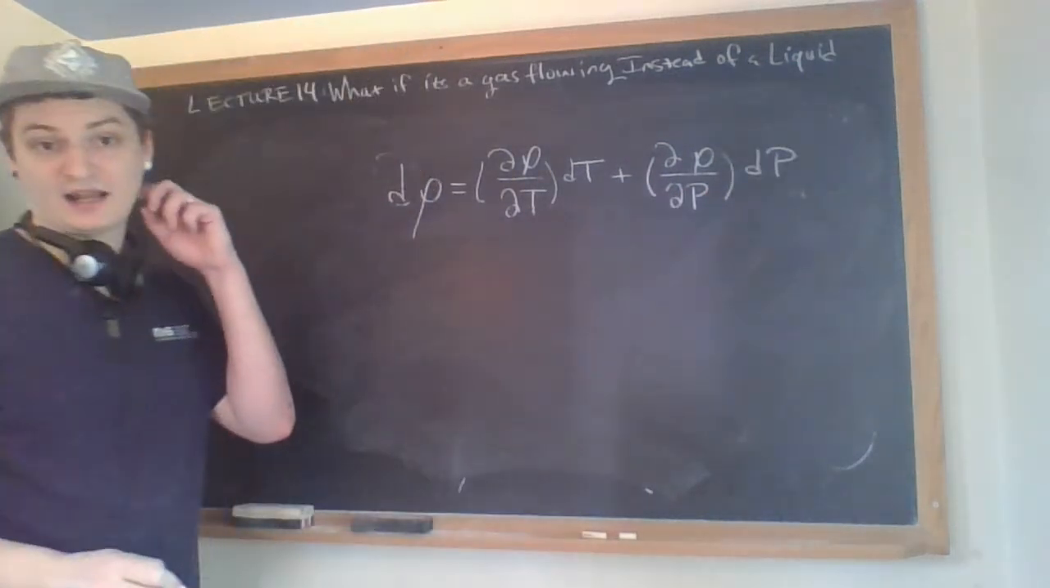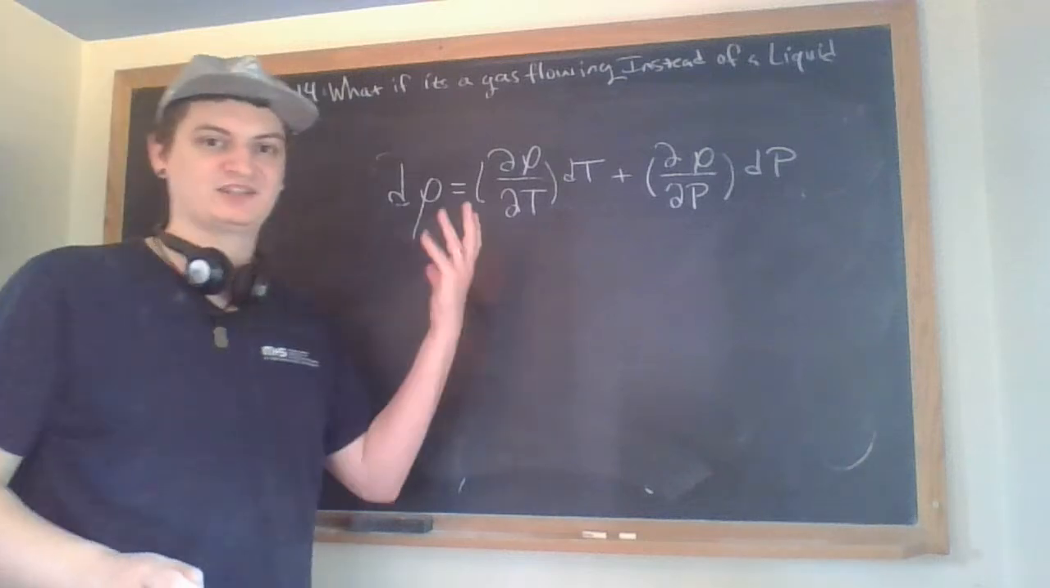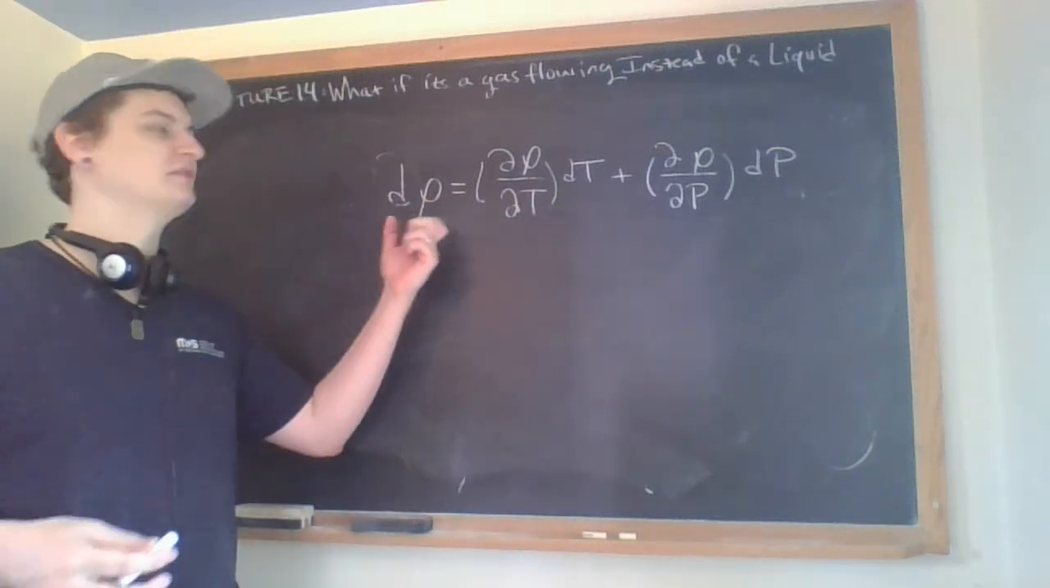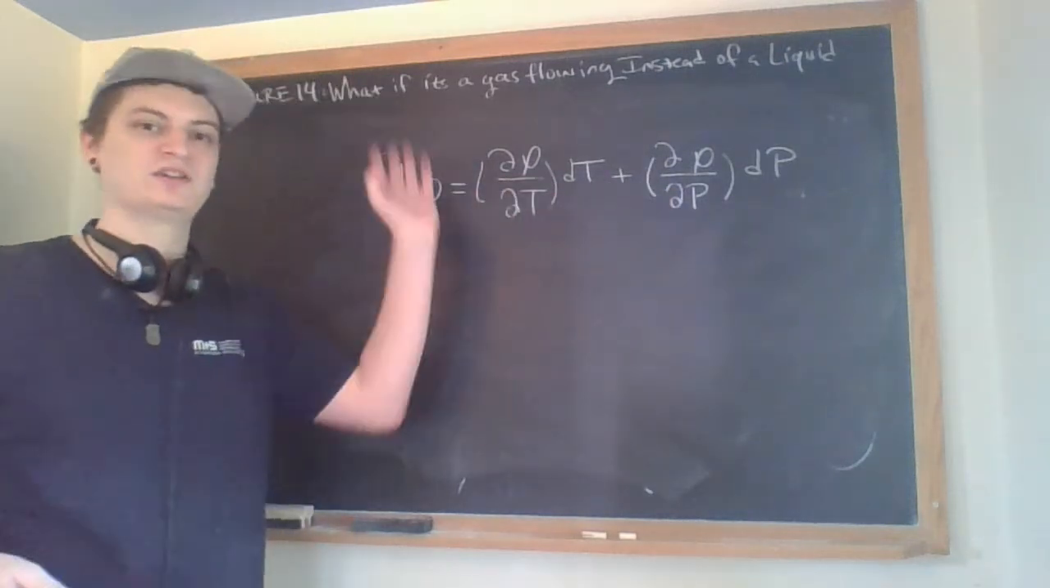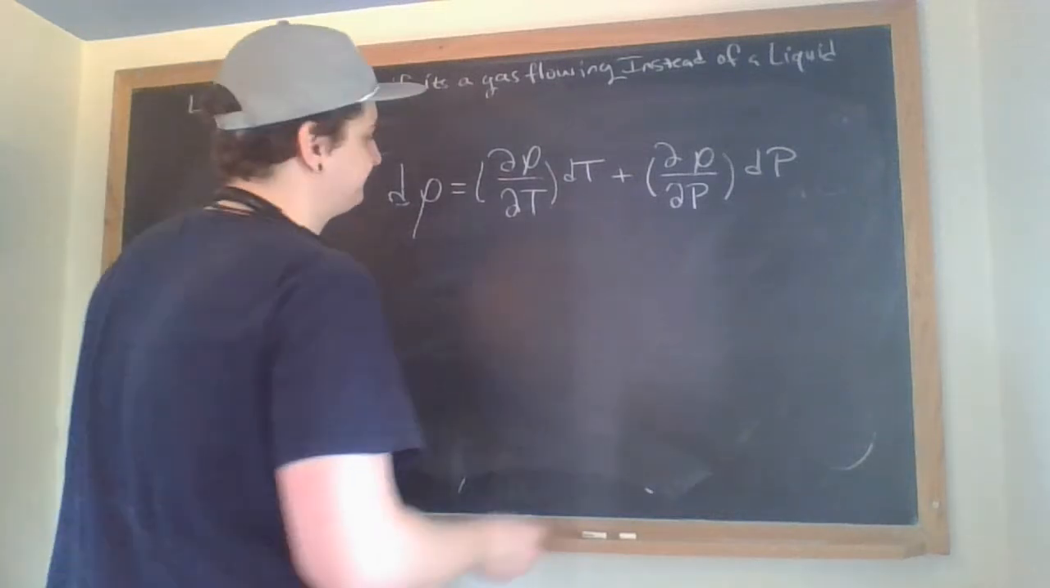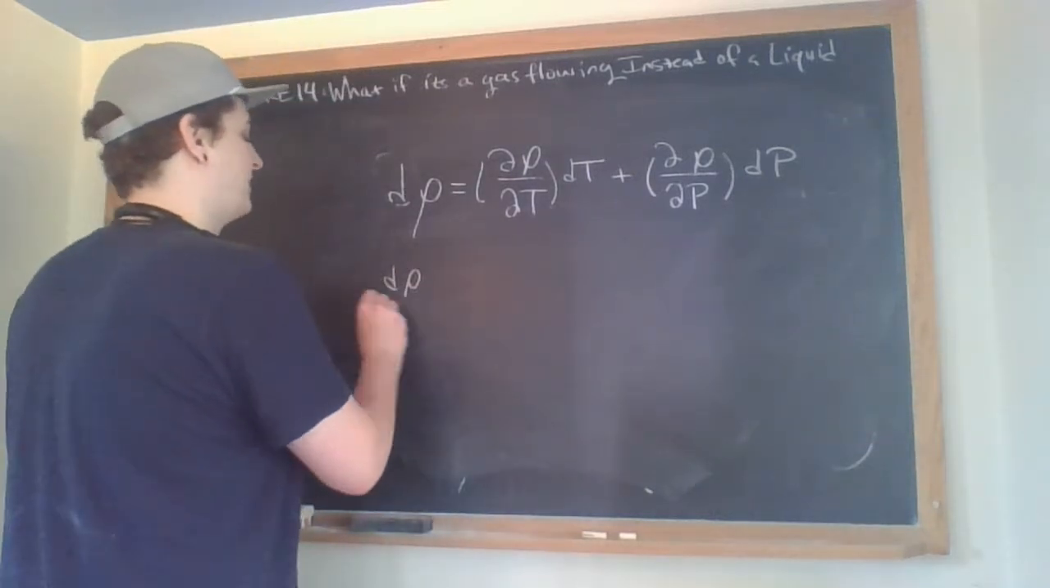You should now be getting a theme: thermodynamics is just doing this. You say it has to be a function of these system properties, take little derivatives, and do this linearization where you just sum up the partial terms. Okay, so then we have that. And what we do is we divide by